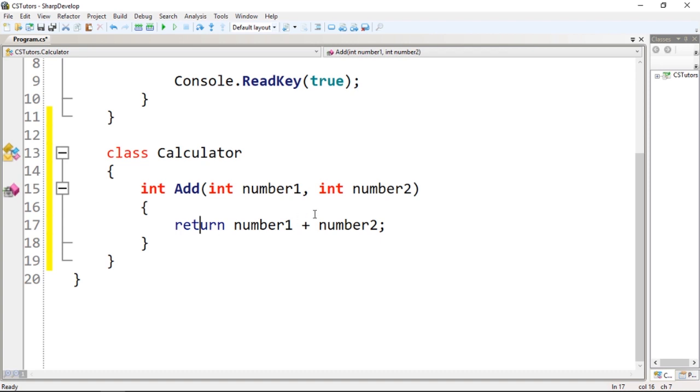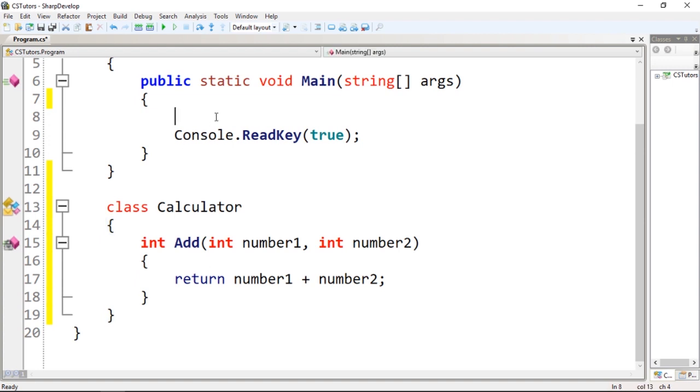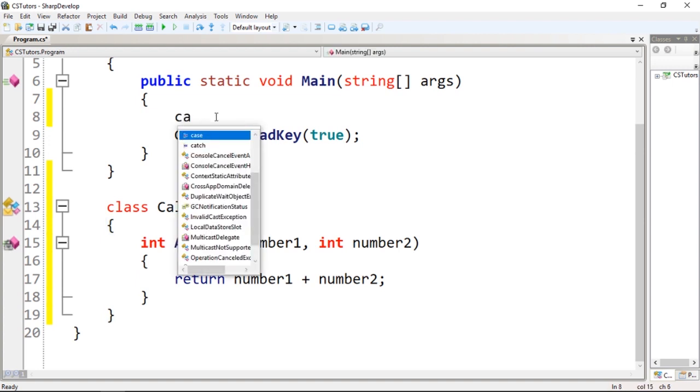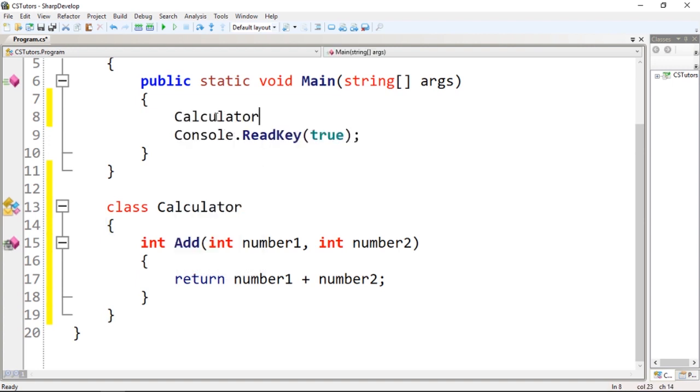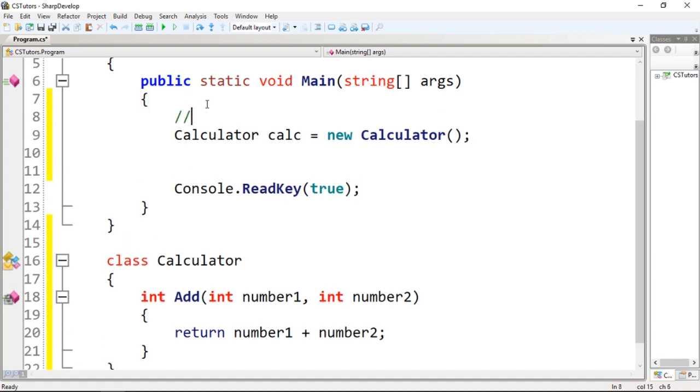So the thing is, I have this class. Okay, if I come here and I type calculator, you guys can see that I have access. So let's create an object. To create an object, we're gonna give it a name, in this case calc, and let's use the equal sign, new, instantiate calculator. So we have this object, okay,